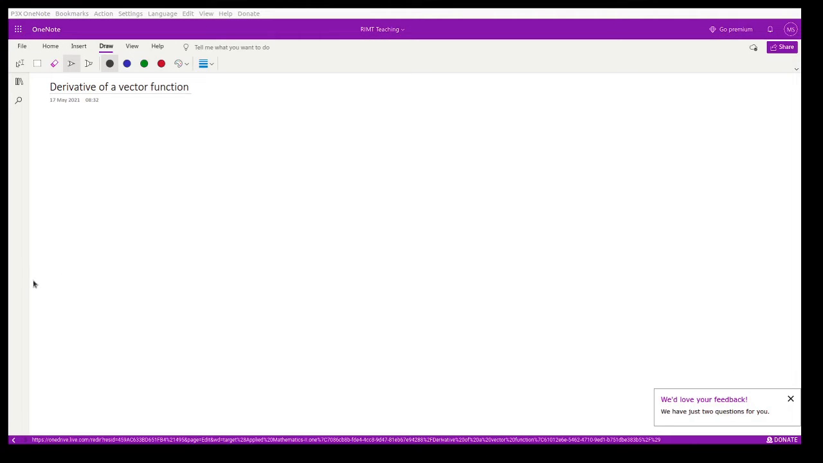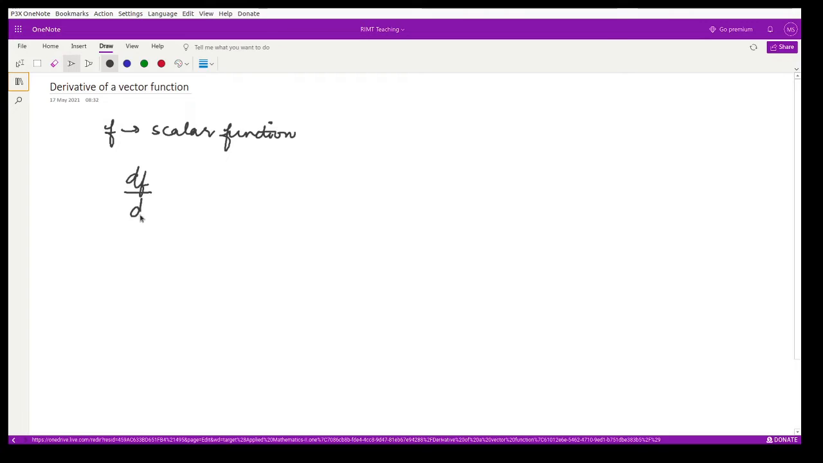So next we have derivative of a vector function. Now let us discuss how you can define the derivative of a vector quantity. For scalars, you know how to calculate the derivative. Suppose f is some scalar function. In that case, how do you define the derivative? The derivative df with respect to, say, the variable t is defined like this: limit delta t approaches 0 and